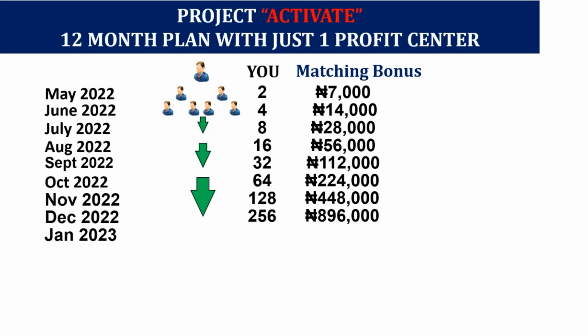Those recruited in December will just activate with a minimum of 2. And guess what? How many persons have joined you? 512 persons have joined your business in January. Wow. Are you seeing that your team size is above 1,000 already? Within a period of 9 months, your team size has grown to over 1,000. What it means is that people who joined in May, June, July, August, September, October, November, December did not connect anybody.